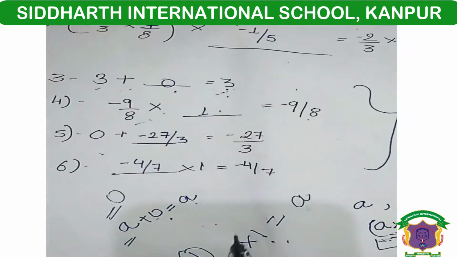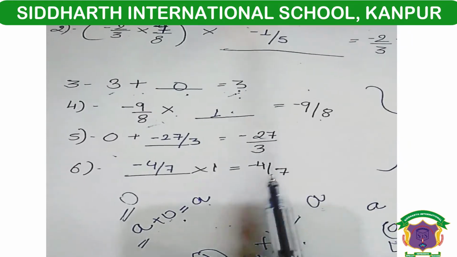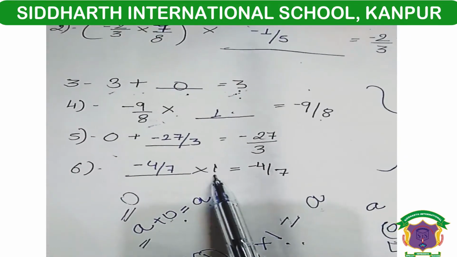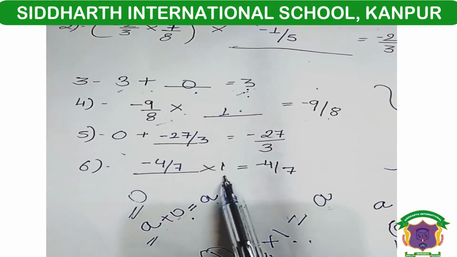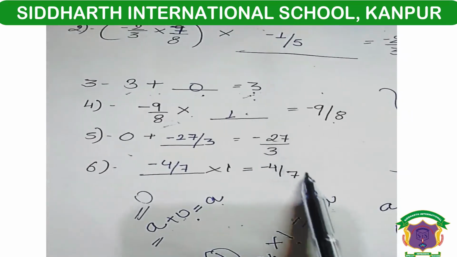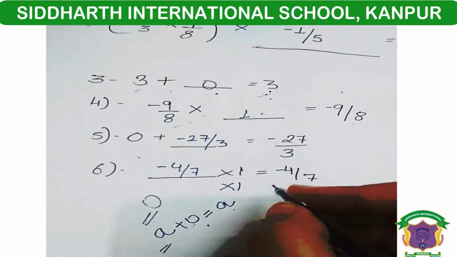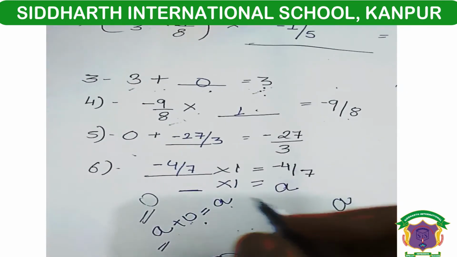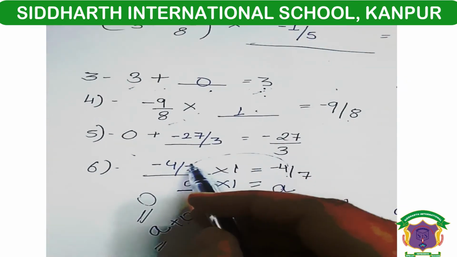Simple. Simply in this next question, question number 6, we have -4/7 and here we are multiplying 1 with a number. So which number will it be that we multiply 1 with and our answer comes to this? You can see it children like this, into 1 equals to your A and here you have to fill a number. So it's your A only. So it's going to be the same number.